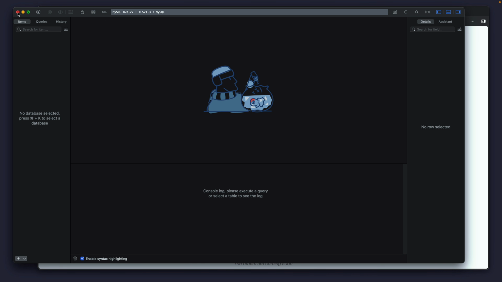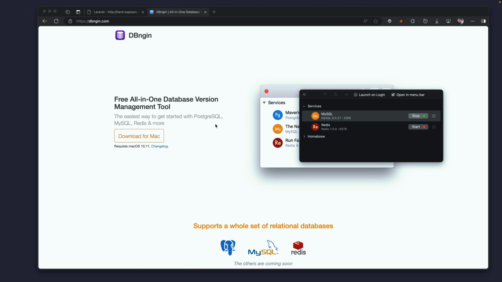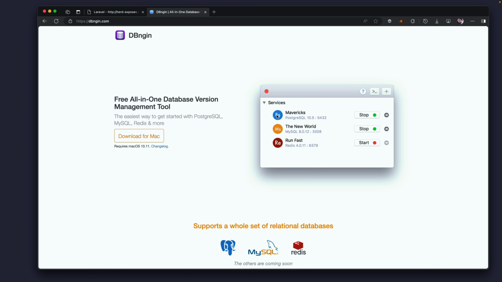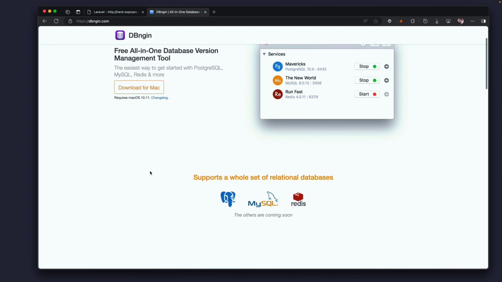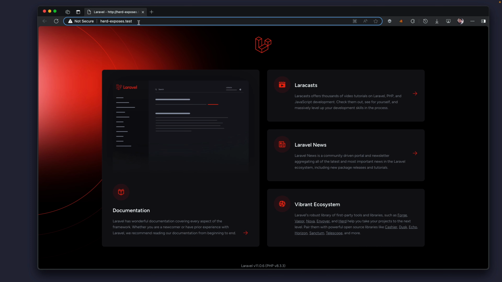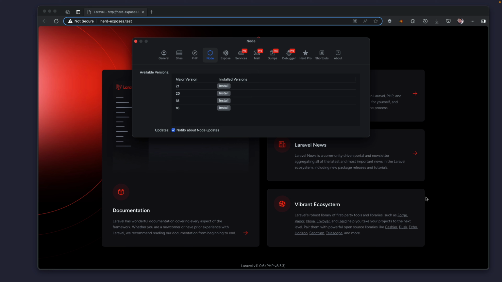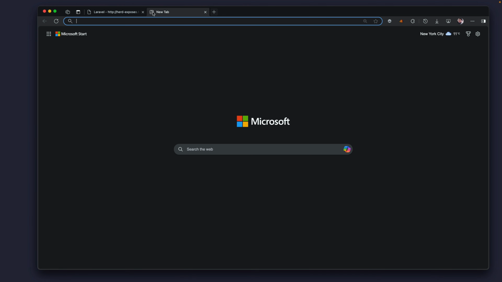So if you guys do need a way to manage databases and you do not have the pro version of Herd, you can install and set up Dbngin and you can go from there. So that's a good alternative, and you don't have to get pro to do that, and that works very well. All right, so let's talk about the pro services. I'm just going to jump to